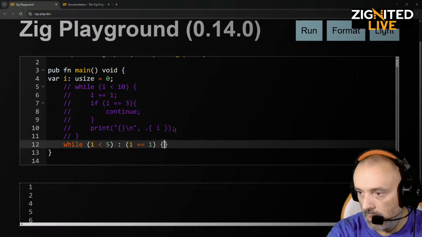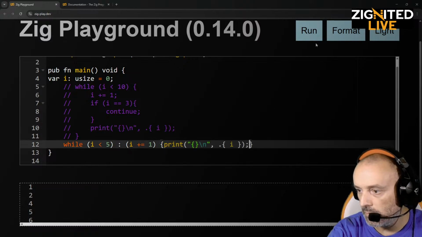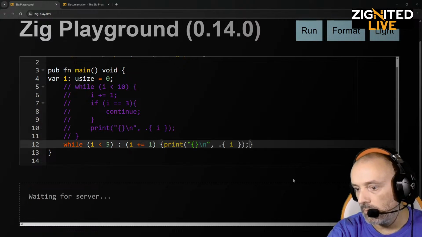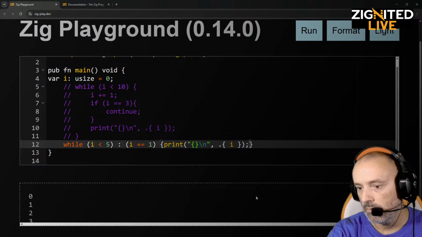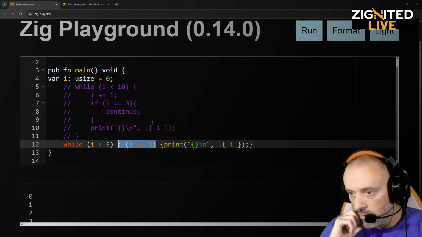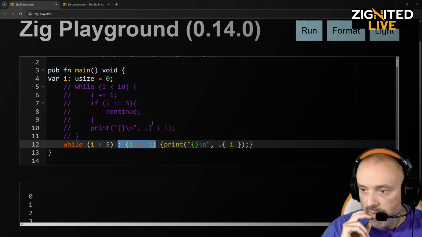Can I do the regular print there? Should be possible. Yeah. Okay, so I guess they have this option so that you kind of extract that from the body itself,